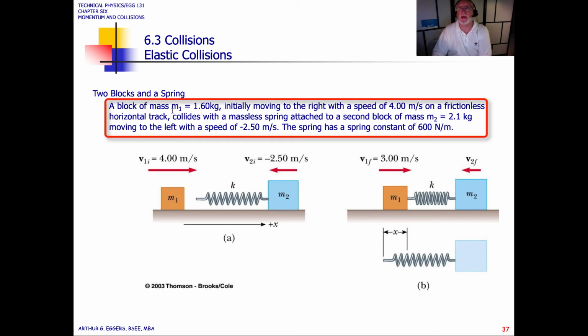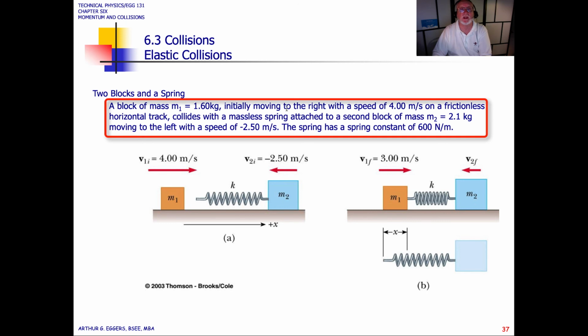A block of mass 1 has a 1.6 kilogram mass, initially moving to the right with a speed of 4 meters per second. Although they call it speed, it's velocity in the x direction. And it's on a frictionless horizontal track, so we can disregard friction. It collides with a massless spring. So again, whenever you see something like that, massless spring, we're not even going to worry about any of the mass of the spring. All we'll be interested in is the k, the constant, which gives it its tensile strength